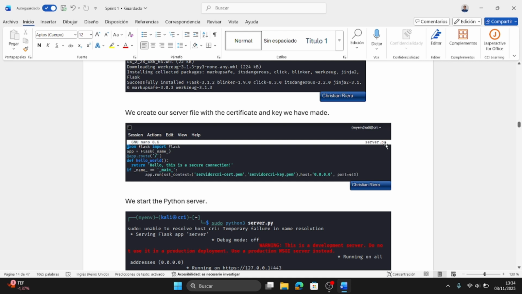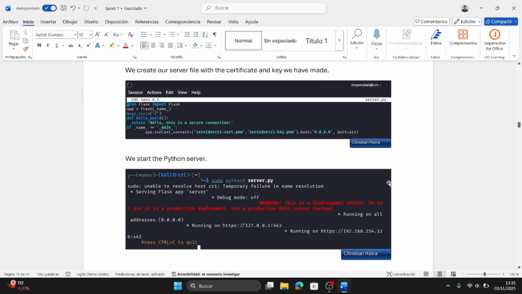And we put this code using Flask, making a message when we connect to the website, and we use the certificate in this host that is our machine in the port 443. That is the HTTPS port.